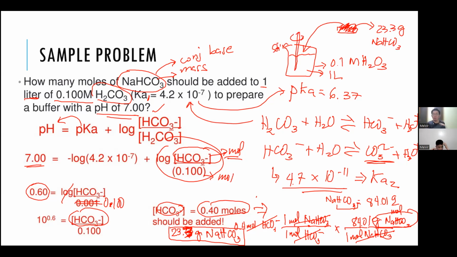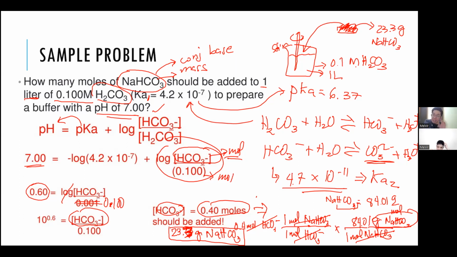So, after ma-dissolve ni sodium bicarbonate sa 1 litro ng 0.1 molar carbonic acid, H2CO3, you will form a buffer na ang pH ay 7. Pero sabi ko nga sa'yo, hindi marireach lagi ang target pH sa carbonate buffer. Sobrang galing mong mag-prepare ng solution